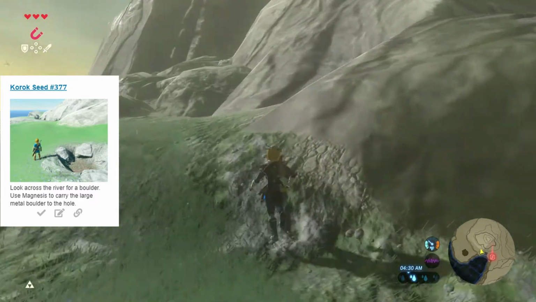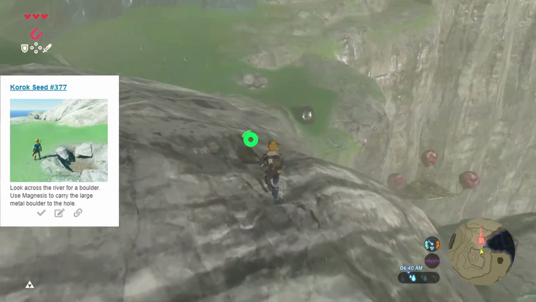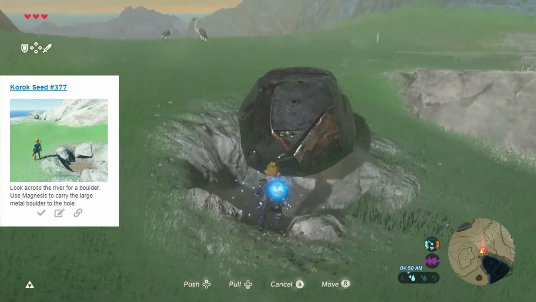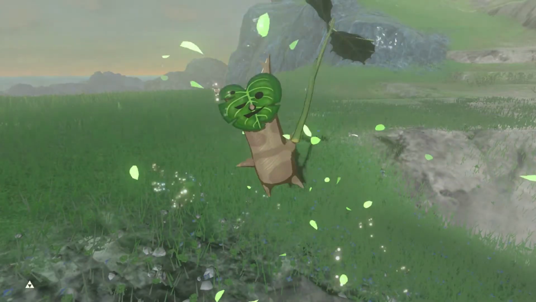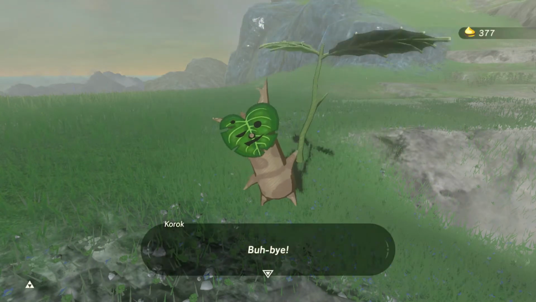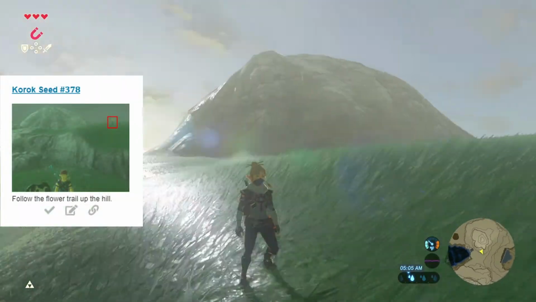Seed number 377 is a large magnesis boulder that needs to go into a pit in the ground, so it's a nice twist on some of my favorite puzzles within the game. And as soon as you get it over the waterfall, you can just walk it into the pit, and that's going to be as easy as that needs to be. And you can collect the fruits of your labors, or the seeds rather, and continue forward into seed 378,